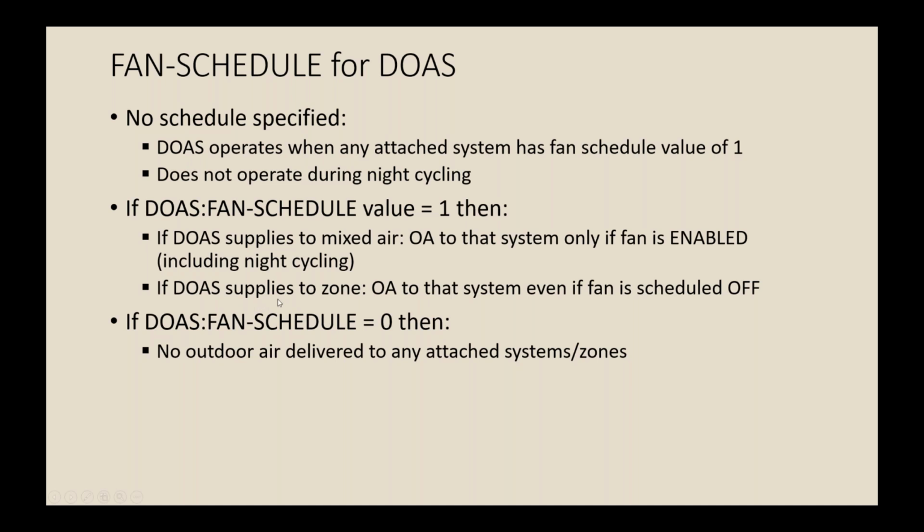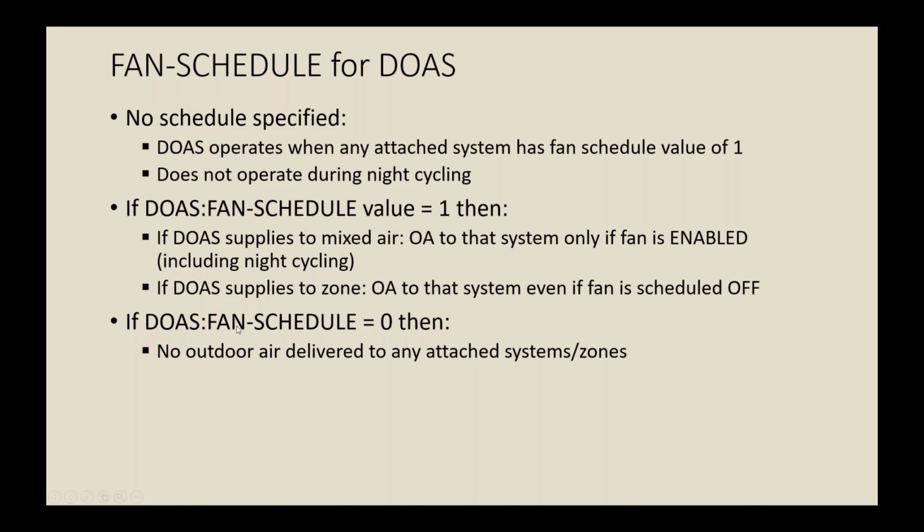If the DOAS is supplying to the zone, then outside air to that system will be delivered even if the fan of that system is scheduled off. So that's a little different logic than